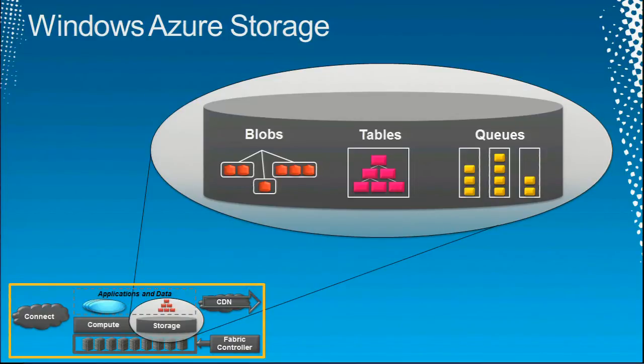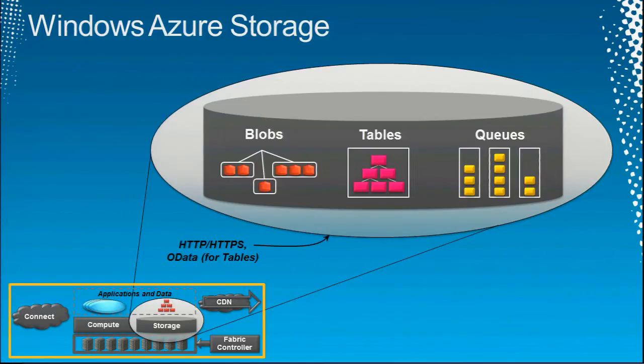Now, speaking of file systems, there's an interesting option called Windows Azure Drives. With Windows Azure Drives, I can take the file system in an instance, a web role or worker role instance, and I can effectively map that file system to a blob. So, when I write to the file system, that data is stored in a blob persistently. Interesting. If I don't do that, if I just write to the file system on my local VM, my local instance, that data is not persistent because instances come and go, as we're going to see right now.